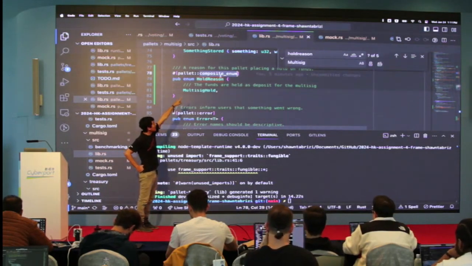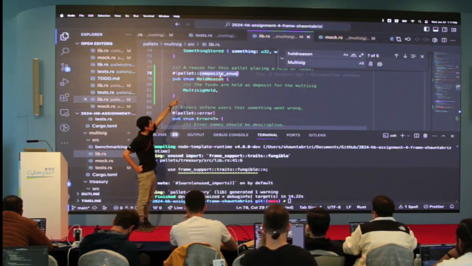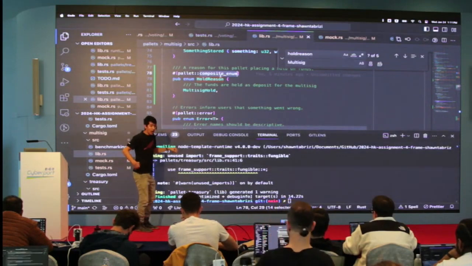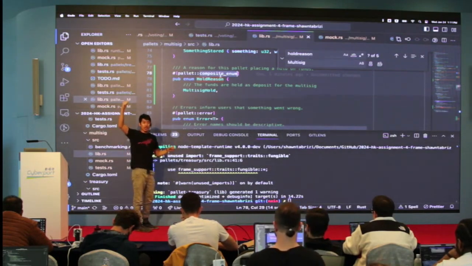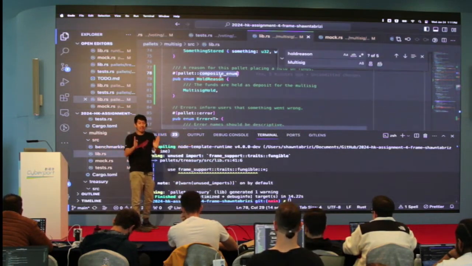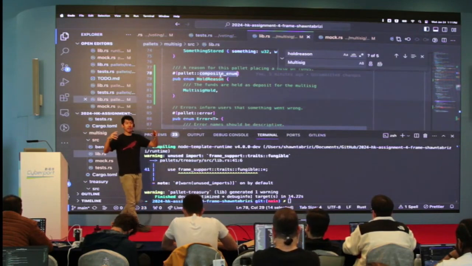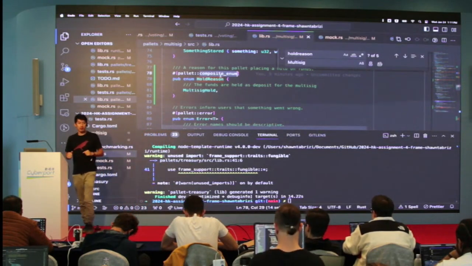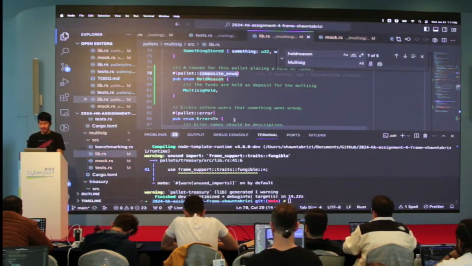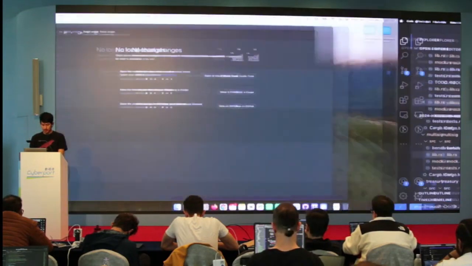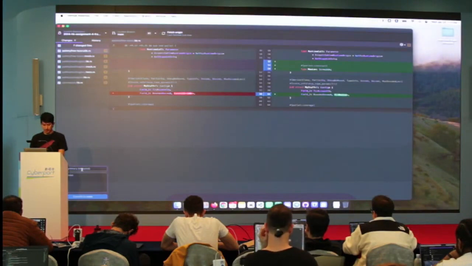And this macro, composite enum, is doing some magic to generate a runtime hold reason containing all of the hold reasons across all the pallets. And this is exactly my next talk. My next talk will talk about this, and I think it will make sense after my talk. Okay. So this all compiles. This is good. Let's commit this.